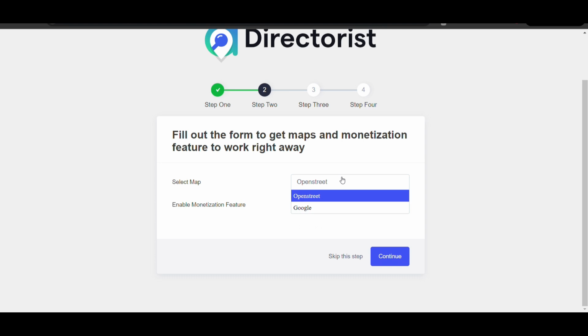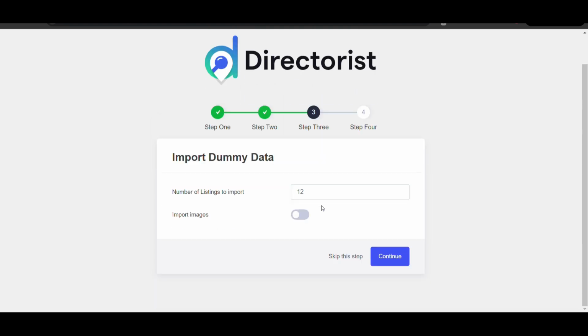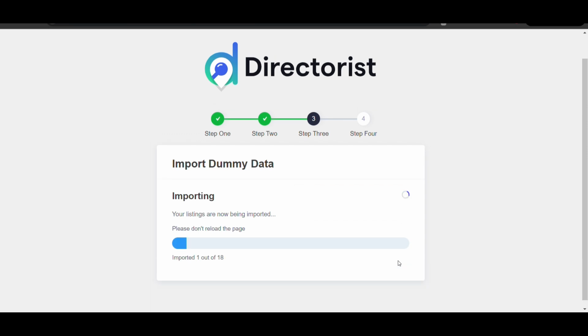These are some pages, select map, okay. These are some basic dummy listings that will be imported for setup. You can see it will be imported, so you can view it and add your listings by seeing it. So you can import dummy listings. I'm importing it to show you.